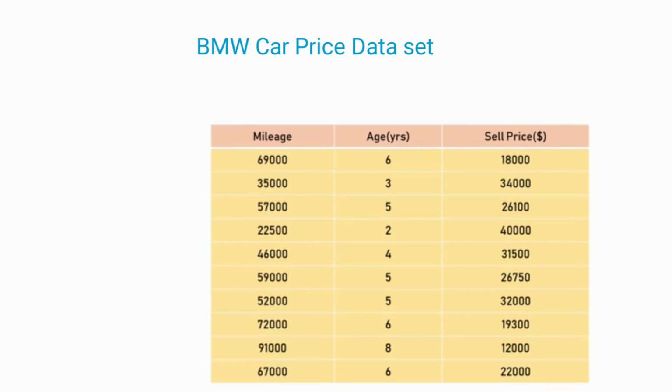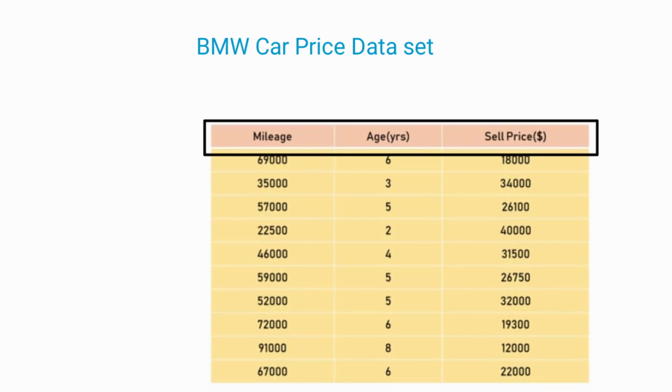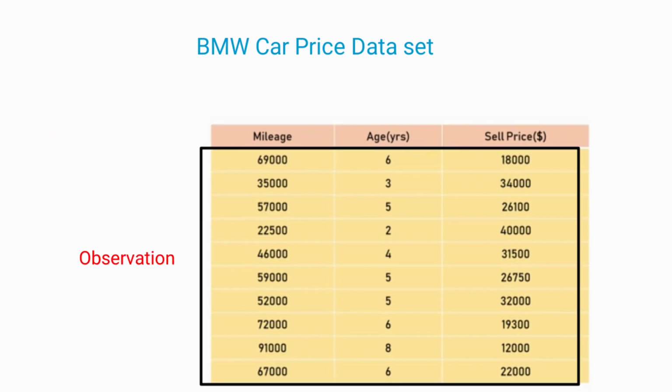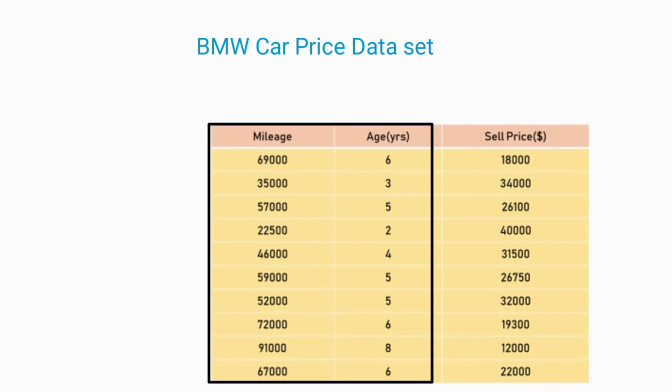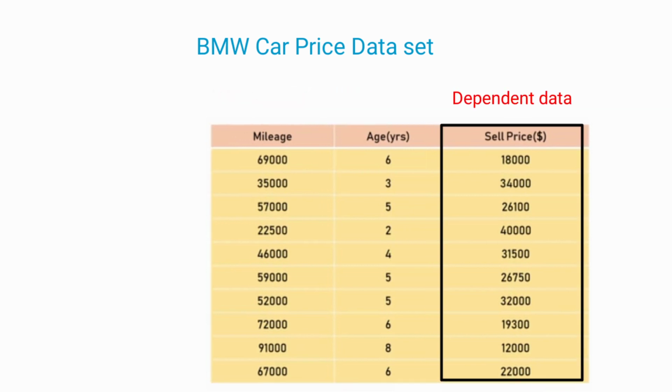So I present to you the dataset that we will use later in Jupyter Notebook. In this tutorial, we will use supervised machine learning with the linear regression algorithm to predict the possible outcome of the price in the BMW car price dataset. Take a look at this dataset. Let's start by classifying some components in the table. The names up here, which are mileage, age, and price, are called the attributes, and these are the observations of each attribute. The mileage and age are the independent variables, while the price is the dependent one.